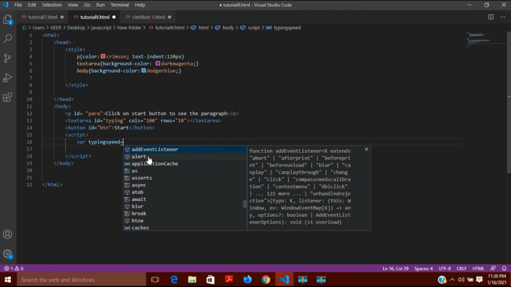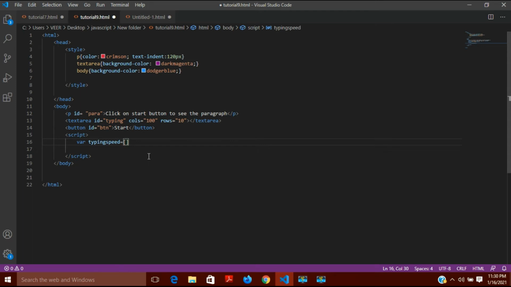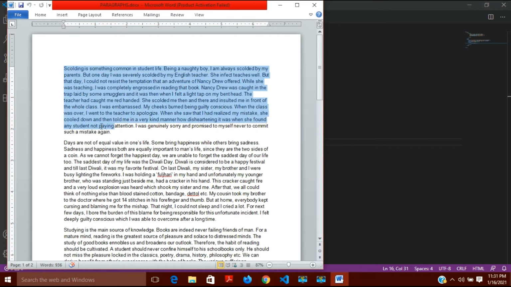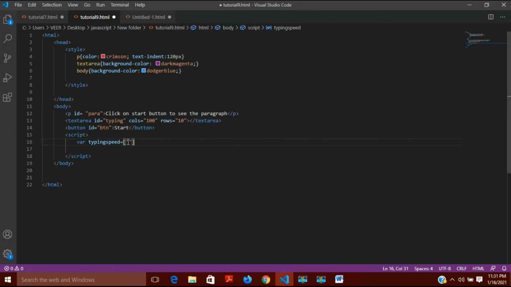You know how to create an array. I will use square brackets as we did in the previous video, and I had told you that I can give any paragraph inside these. So here are the paragraphs. I have already copied them from the website, and I will put them inside.